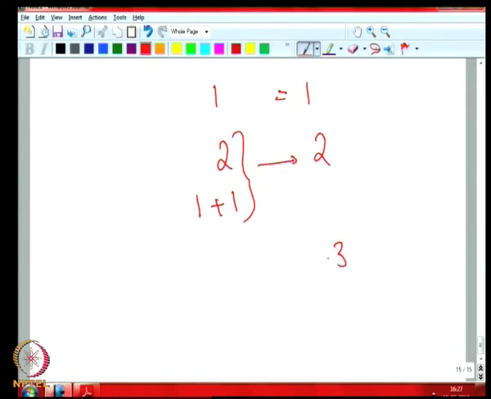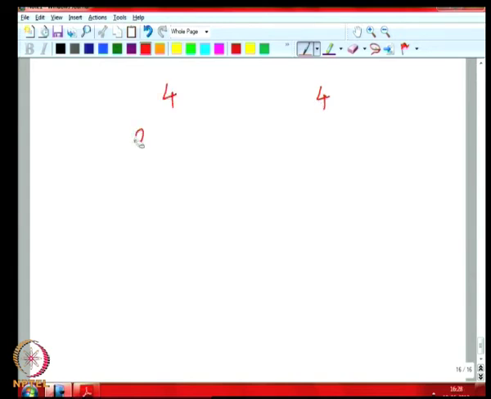When I take 3, we can either write it as just 3 or two-summand compositions, namely 1 plus 2 or 2 plus 1. These are 2 possible ways, or you can write it as 1 plus 1 plus 1. There are 4 compositions, 4 equal to 2 raised to 2, compositions for 3. And for 4 we have 4, right. So 3 is 1 plus 3, 2 plus 2, 3 plus 1,